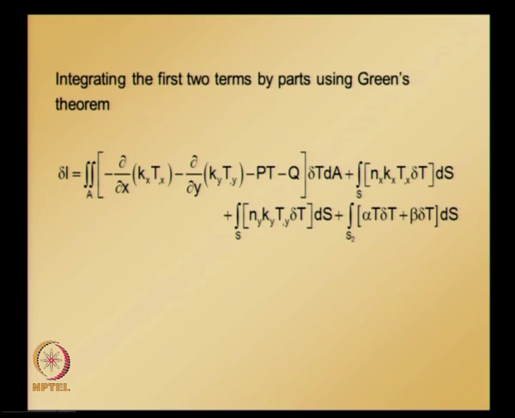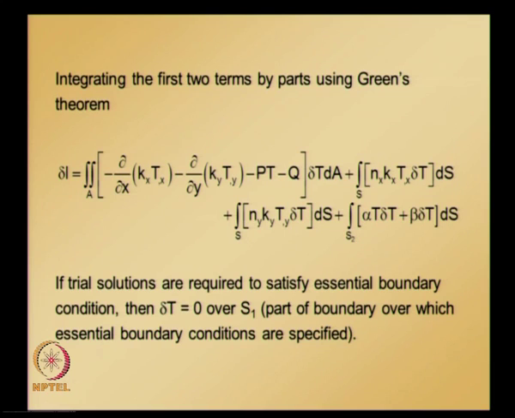And when we apply integration by parts on the first two terms, we get additional surface integrals. If trial solutions are required to satisfy essential boundary conditions, then variation of T is equal to 0 on the part of the boundary over which essential boundary conditions are specified,